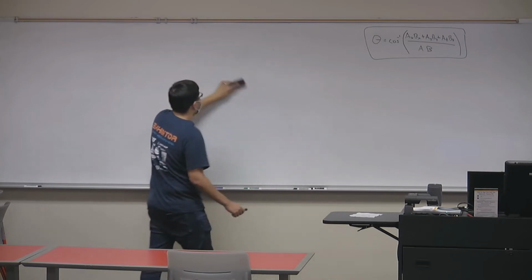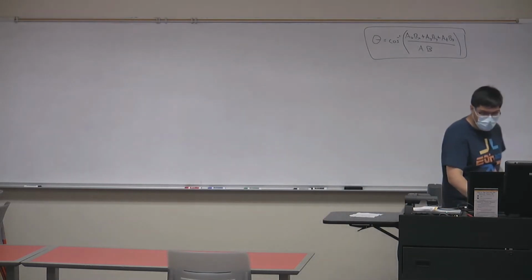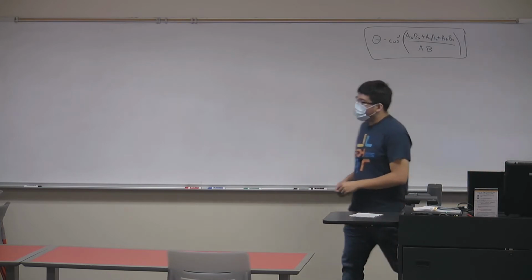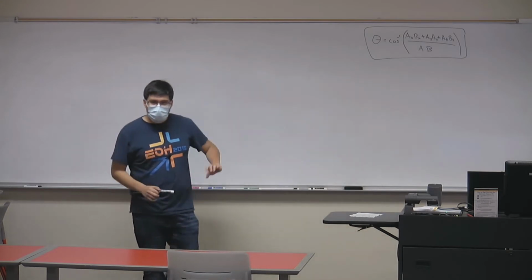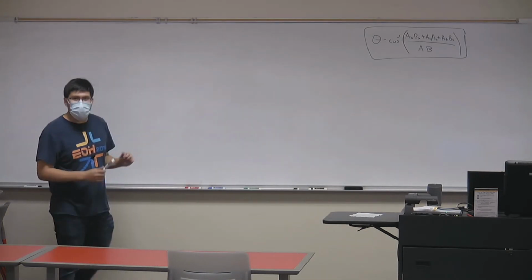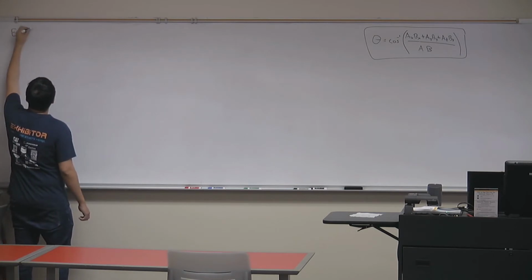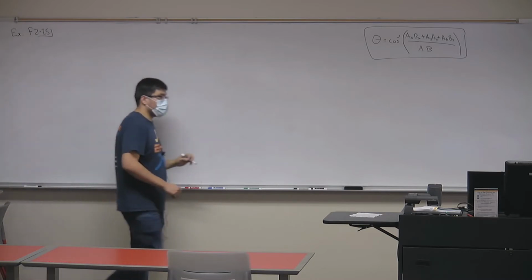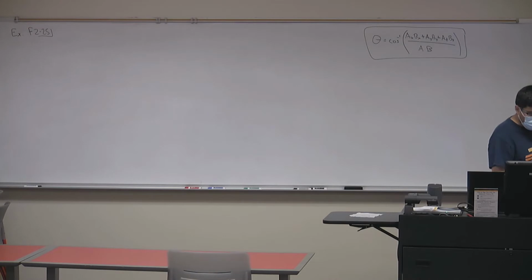So now, let's start an example. Let's work with problem F225. But we're not going to solve it completely now. We're going to solve part of it. Then we're going to do a little bit more theory and then finish solving the problem if we have time. So this is problem F225. Now if you have your book, I recommend that you look at your book, because I'm going to try to draw it,